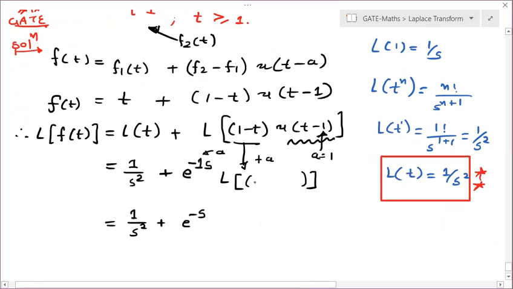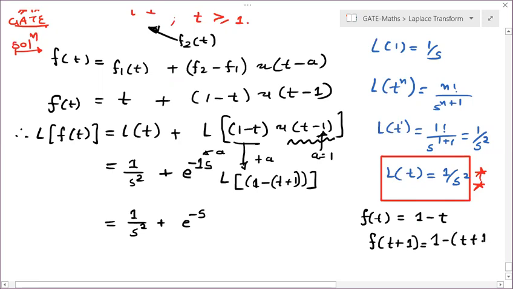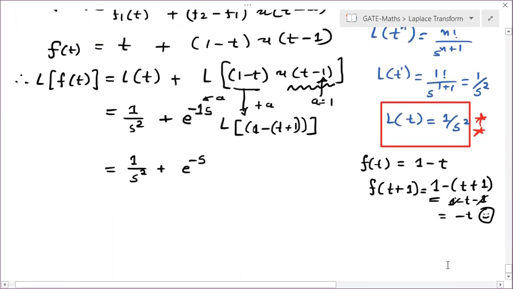See, here our function is 1 minus t. So instead of t, I have to write t plus a. This is the mistake of the bracket. Understand this carefully. F of t is 1 minus t, right? So I have to replace this t with t plus a. A is 1. So f of t plus 1 means instead of t, I should write t plus 1. So this should be in a bracket. So 1 minus t minus 1, this is your minus t. Yes, this is the most common mistake students make. Even I have done it after doing this question so many times.